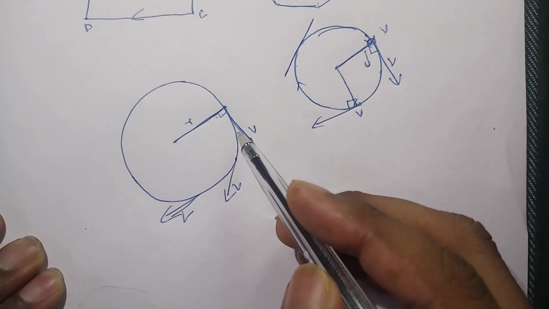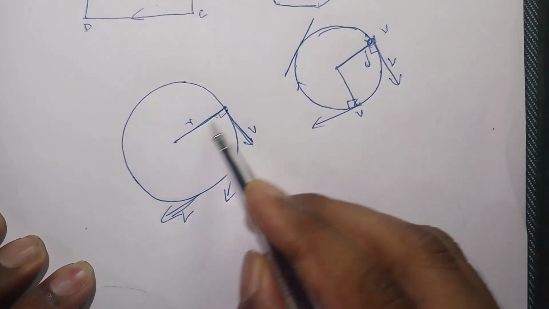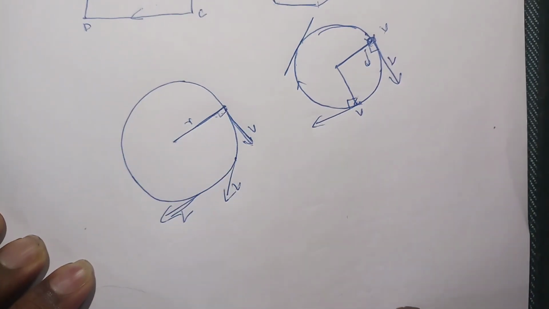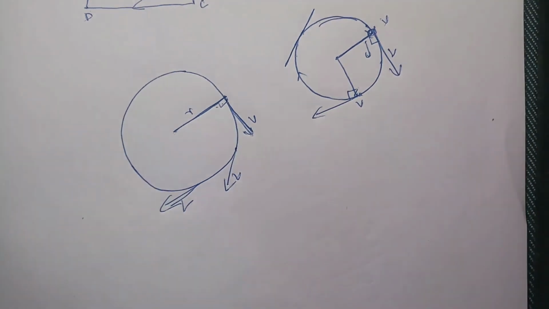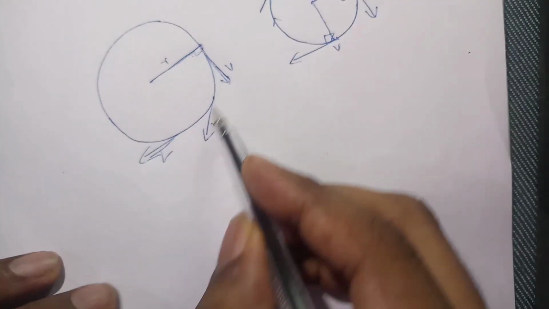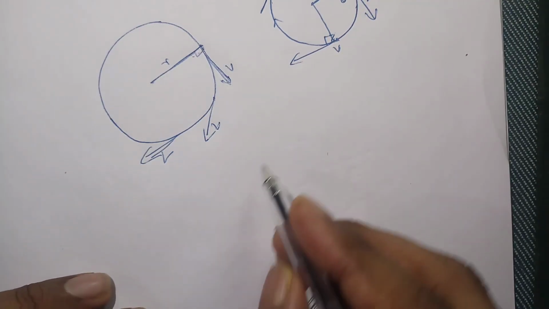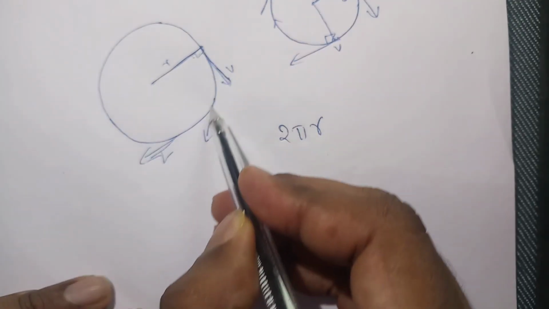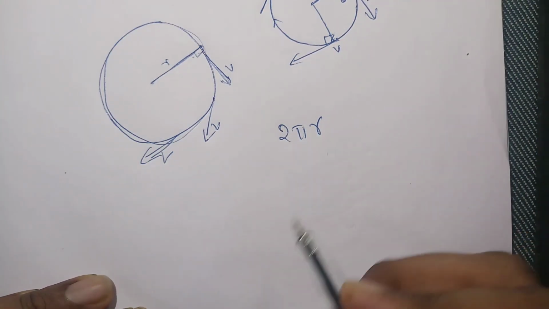And the velocity of this object at any point, if you want to get it, you have to draw a tangent there, or we can say you have to draw a line which is perpendicular to the radius. If you draw a perpendicular to the radius, you will get the direction of velocity. Now if this radius is r, when this is moving in a circular path, how much distance will it travel in one round? One full circle means it will be the circumference of the circle. How much will it be? 2 pi r. You studied in maths. So when starting from here, it goes a full round and reaches here again, it will be traveling a distance of 2 pi r.